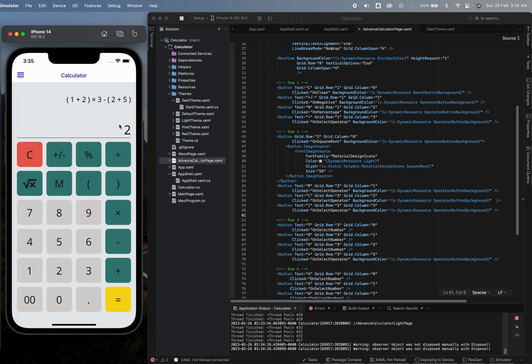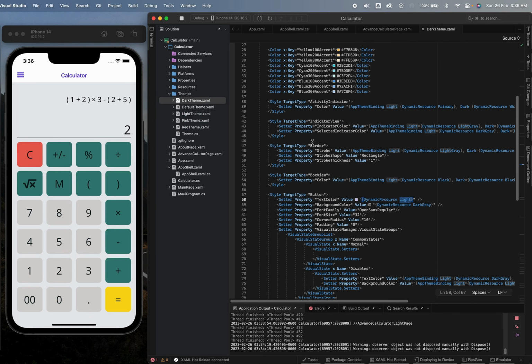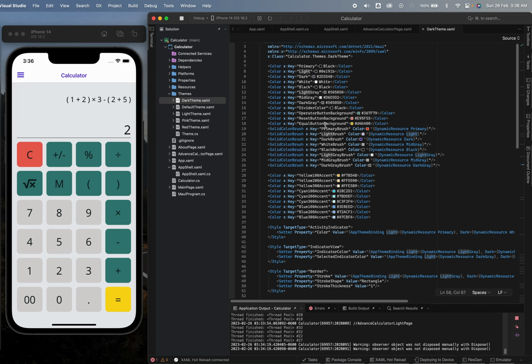Let me go to the code once. What I've done is I've taken a themes folder. In the themes folder, I've created 5 themes. One is the default theme, and the other 4 are the light theme, dark theme, pink theme, and red theme. If I go to each and every theme, first of all, based on a theme,